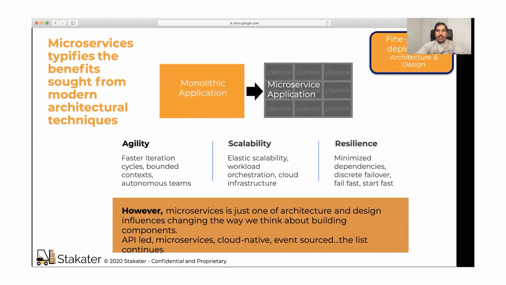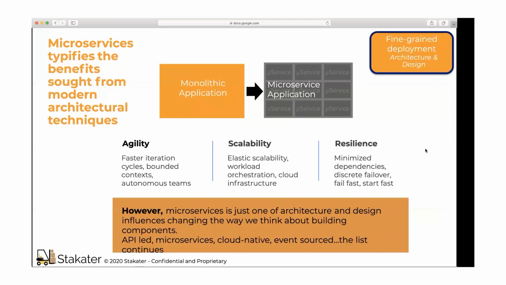So what exactly is fine-grained deployment? I think all of you might be doing some sort of microservices right now. Microservices result in agility, scalability, and resilience.